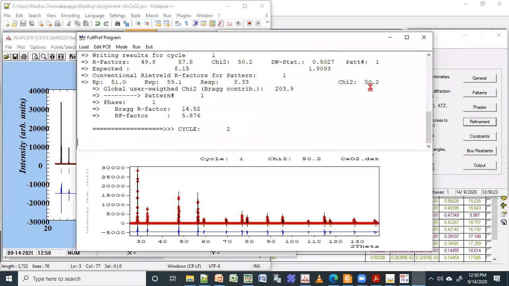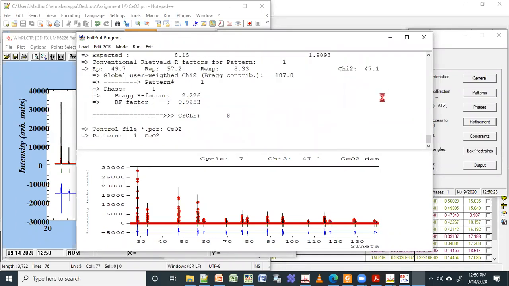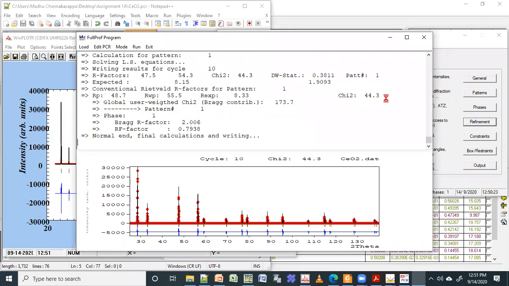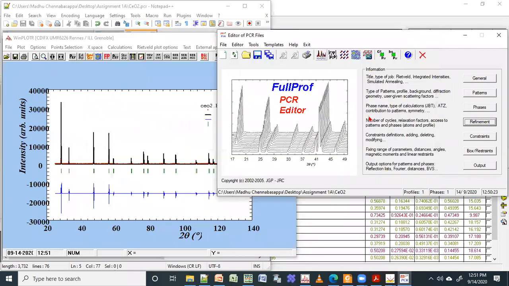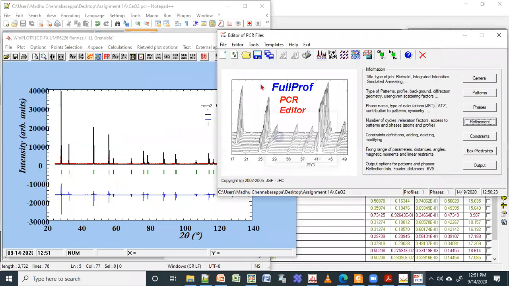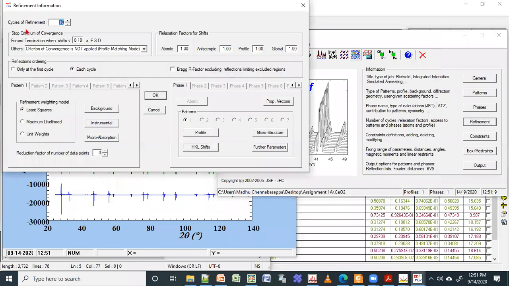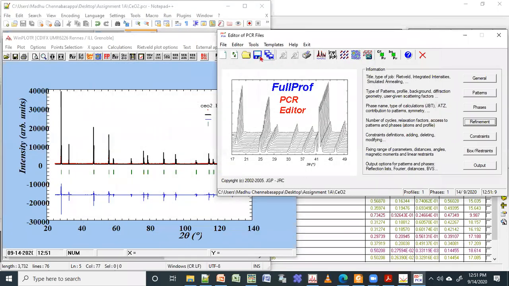If I click here, you can see this starts decreasing. Your chi-square is going to change a little bit. So let it run. If it stops at 10 cycles, you can exit. It will say you have updated. Yes, fine, you can update. Then you can increase the number of cycles, number of iterations, or you can just do the same thing 2-3 times.